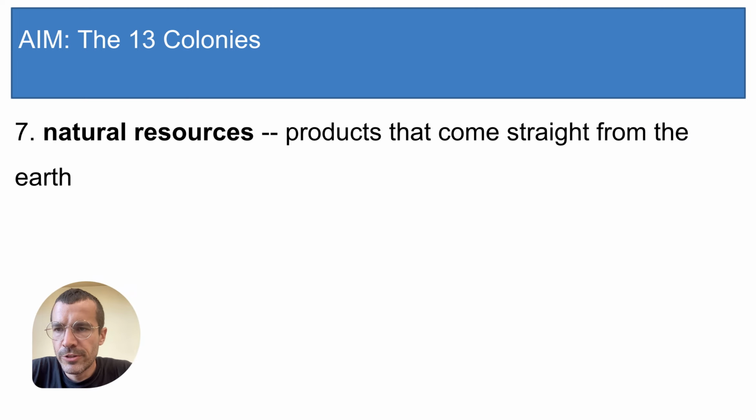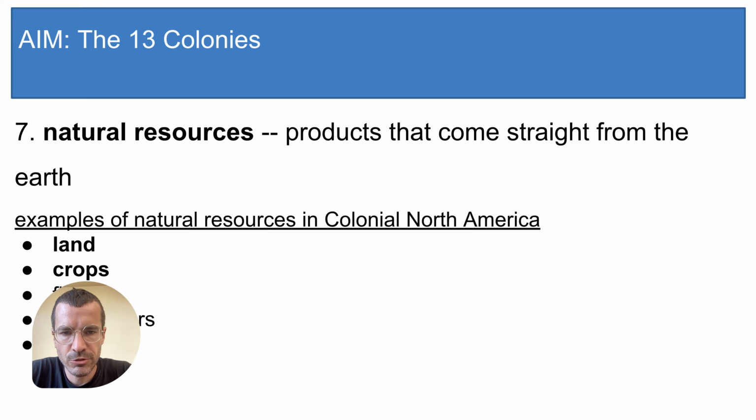So natural resources are products that come straight from the earth, and the main goal of these British colonists was to make money off of natural resources. Natural resources could be used for sustenance, like growing food, or they could be sold to obtain money. And the most important natural resource